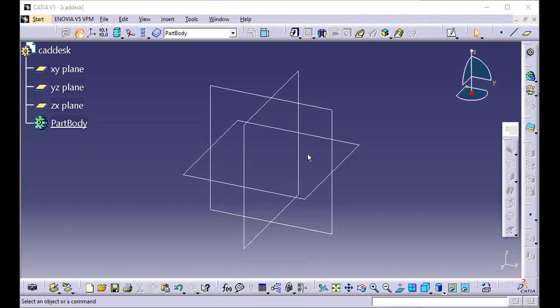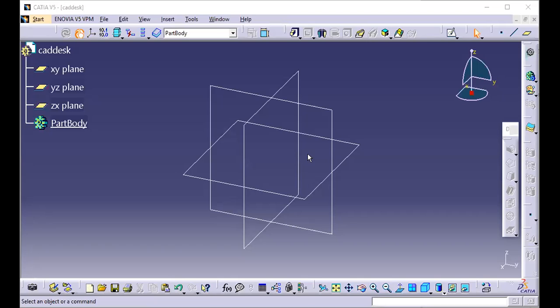I'll show you how we define the parameters over here. So whatever model or sketch we do in CATIA or in any 3D modeling software will be driven by parameters. That's the reason at any point of time you can change the dimensions and the values. So this is the reason it is called a fully parametric software.